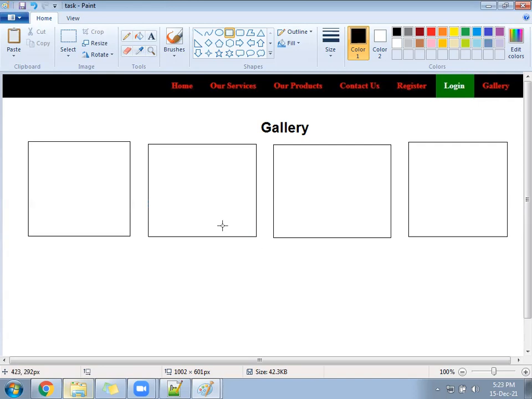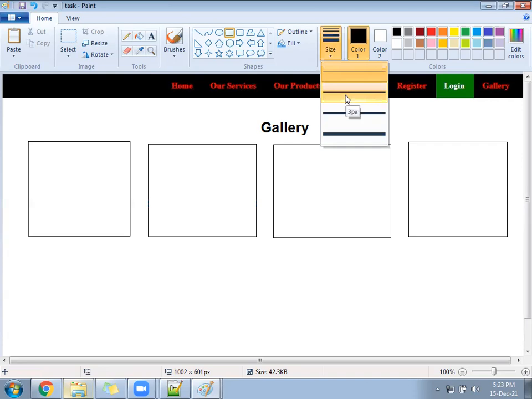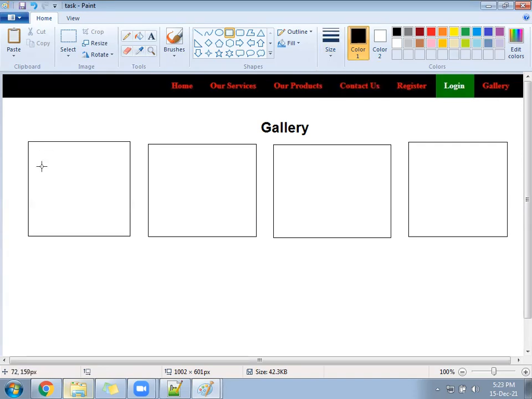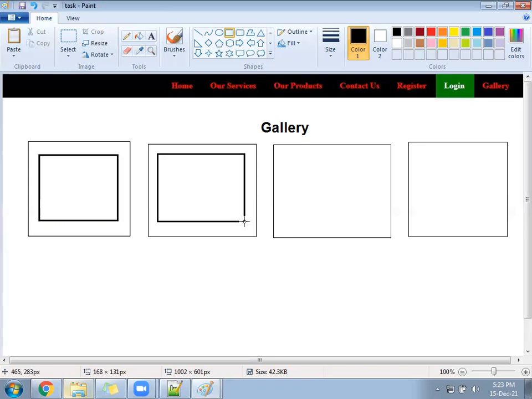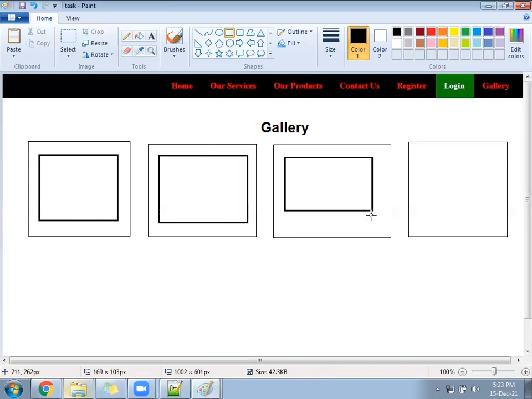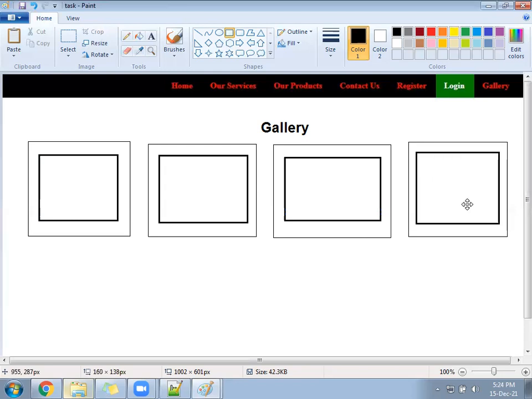After creating those 4 blocks in one line, in each block there will be a photo. But that photo is going to leave some equal space from all the sides.